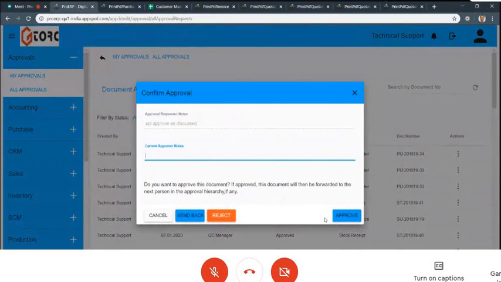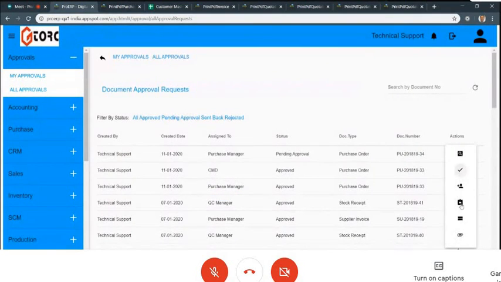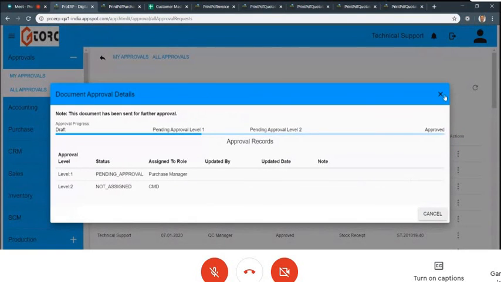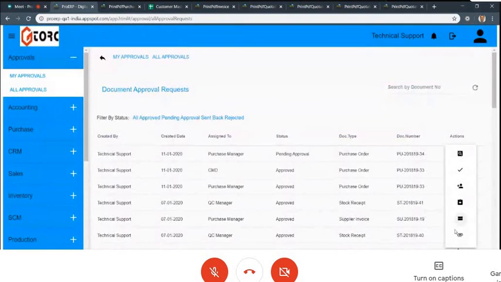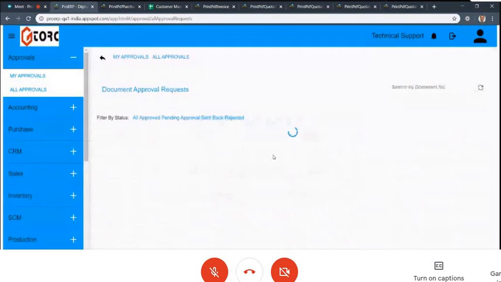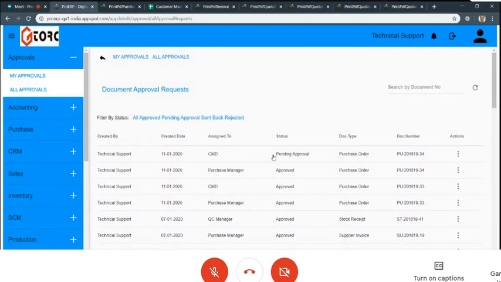He can reject it here. He can approve it. He can send it back to update terms and conditions. If required, he can view the previous approval details. And if required, he can see attachments, if there's a supplier quotation copy and so on. Now I'll go ahead and approve it. So the point was that nobody punches data into the system as it is. It goes through proper approval and validation. Now, once it's approved by the manager, it went to the CMD. And I, as CMD, am approving again.